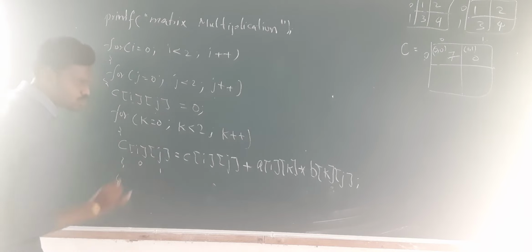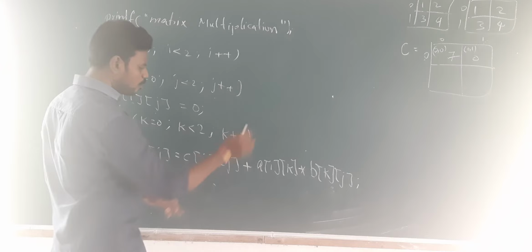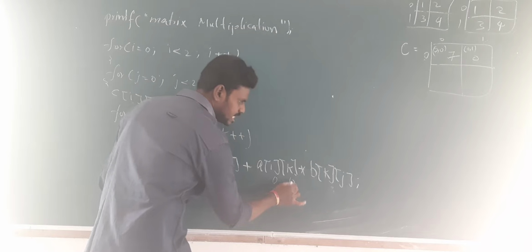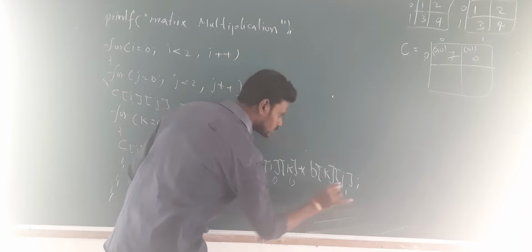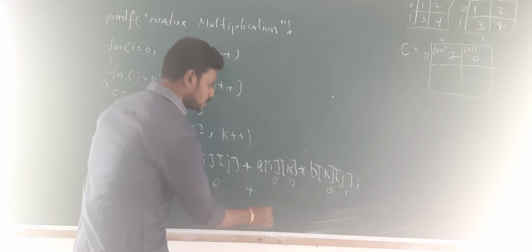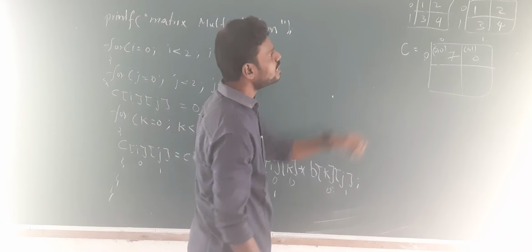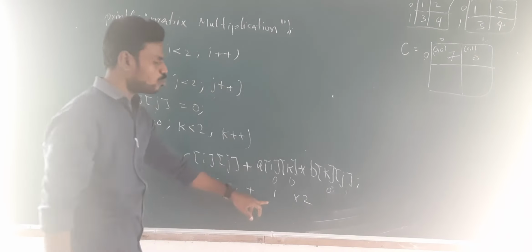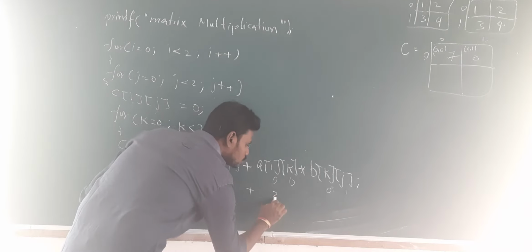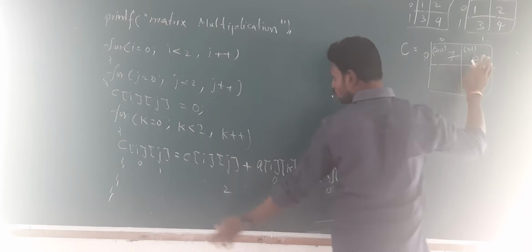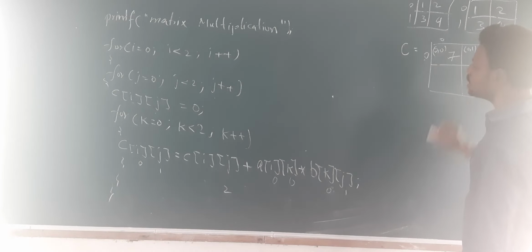I is 0, J is 1 here. Okay, in this we have placed 0. Already we made that 0. And I is 0, K is 0, but J is 1 in this case. Now I will replace the values. 0 is 0, 0 plus A of 0 0 is consisting what? 1. And B of 0 1 is consisting what? 2. 1 into 2 will return us 2. 2 plus 0 will return us 2. This 2 has to be placed in C of I. That is 0 will be replaced with 2.